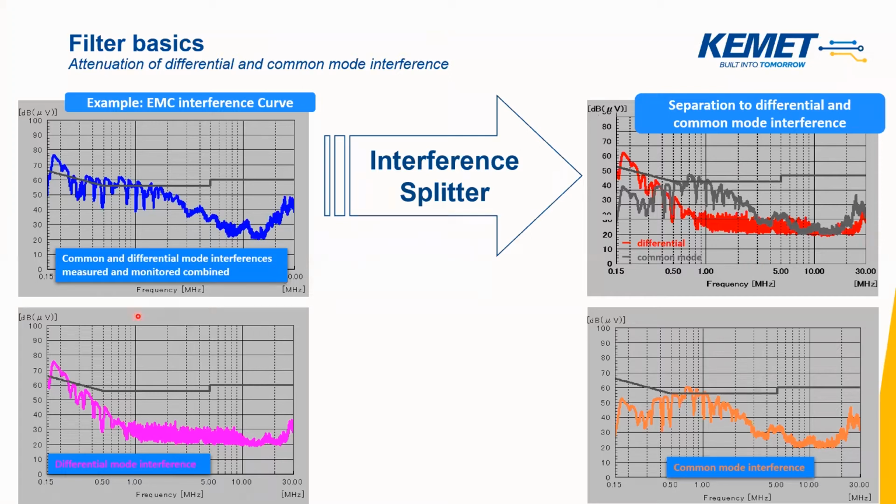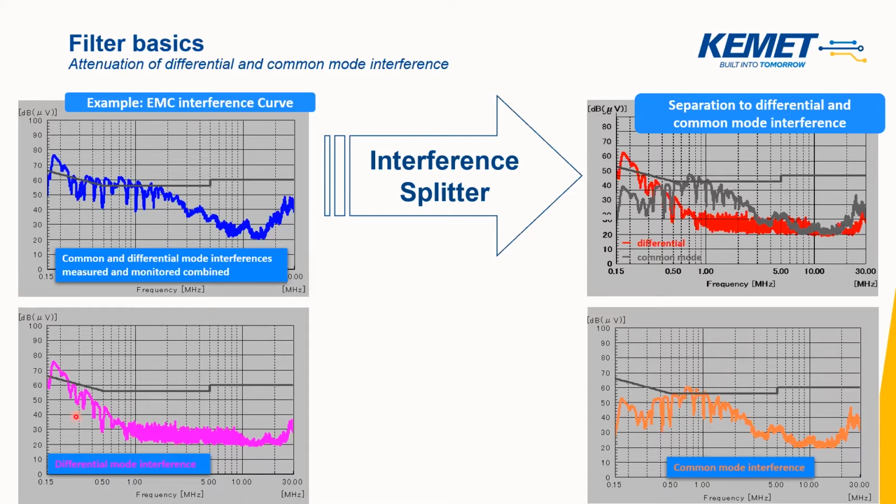As a design engineer, my main aim would be to deal with all the differential mode noise that I'm getting in this specific frequency range, in this case, let's say from 150 kilohertz to around 500 kilohertz. This is the troubling area, because this is where I come close to the limits specified by the requirements. Similarly, for common mode interference, I'm coming close to the limits in this frequency range. The main aim has to be to remove common mode or synchronous noise in this frequency range and differential mode noise in this frequency range.